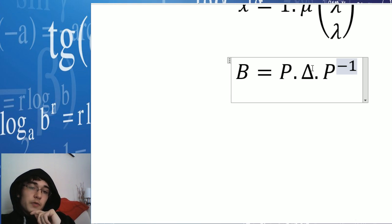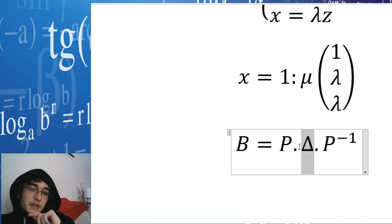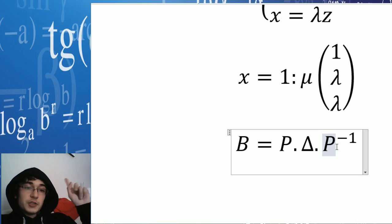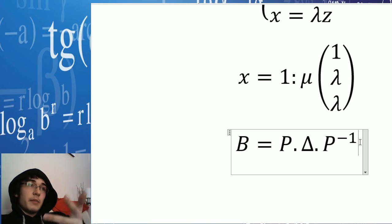First, you can notice that there is a P and a P minus 1. This is the formula of the change of basis. Basically, you have your delta that you switch from base, and this is one of the most useful writings for matrices. It is very used in statistics, in quantum mechanics, in mathematics,